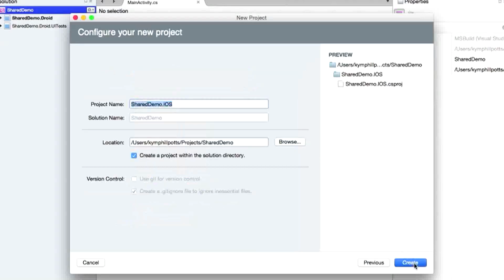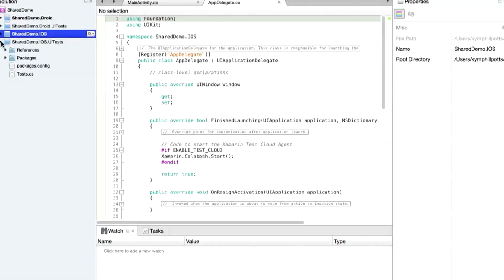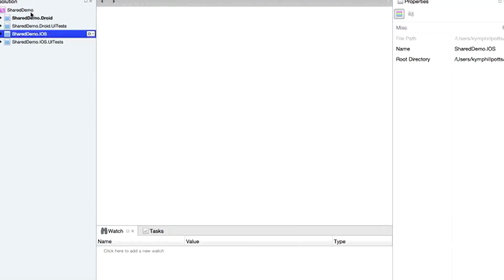And we'll select Create. So now we've got two platform-specific projects, and what we'll do now is we'll just add in a shared project